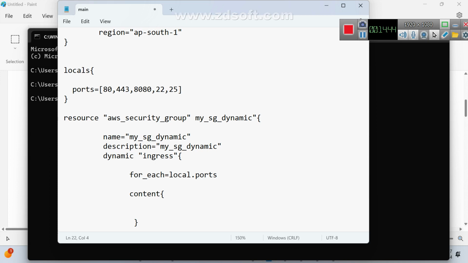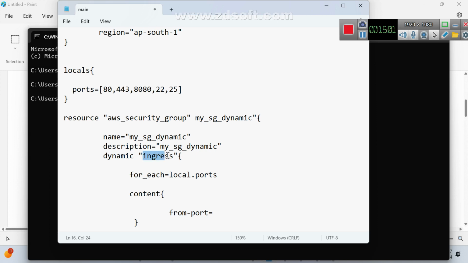If you want it, you can write a description; otherwise, no use. Here is from_port. We'll check it, underscore from_port. I think there is a hyphen. From port. What is the from port here?